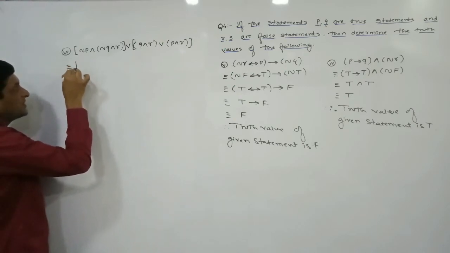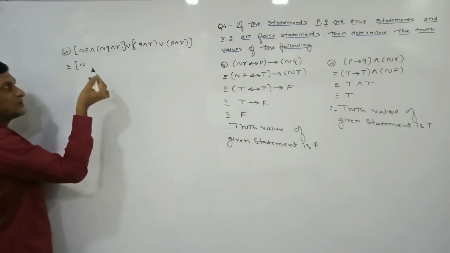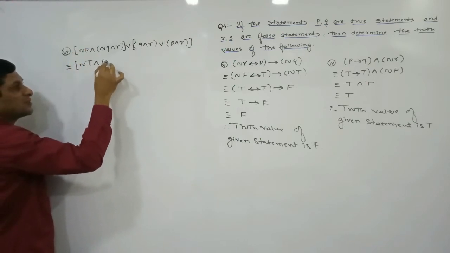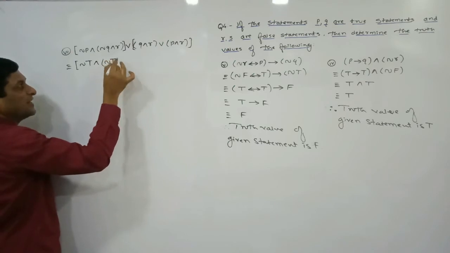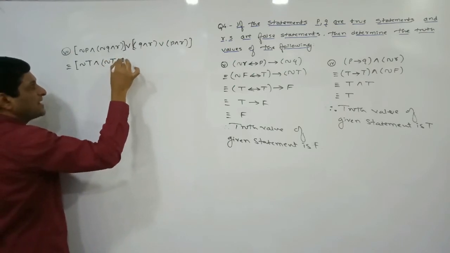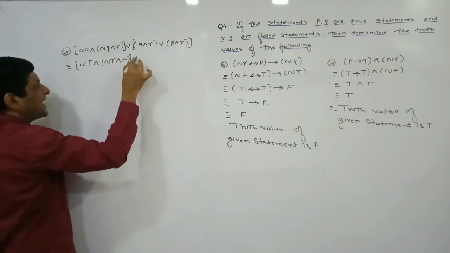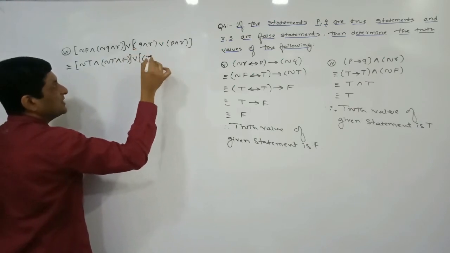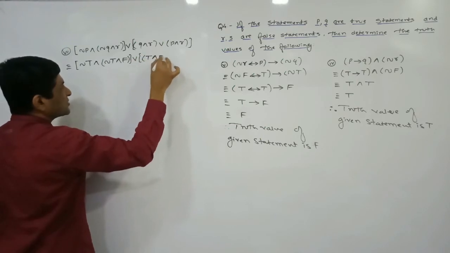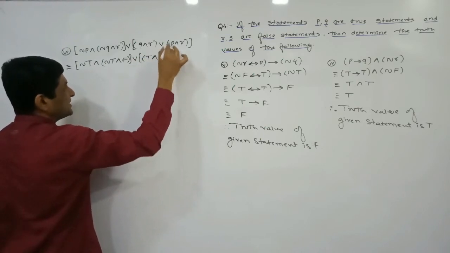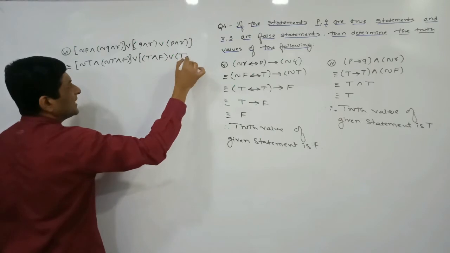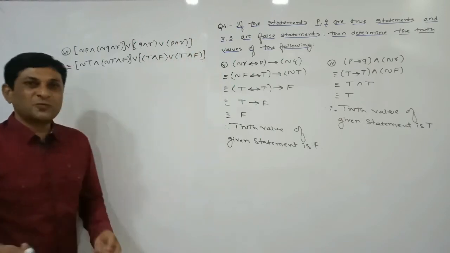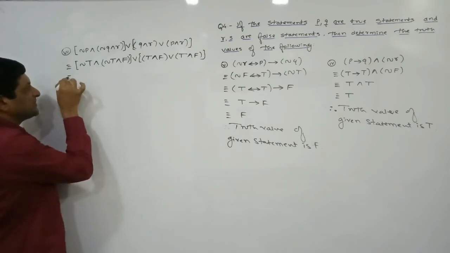Here also we are not disturbing the bracket and even the logical connective, only replace P by its truth value T, and here also negation as it is, Q by its truth value T, and as it is R by its truth value F, or as it is again here Q we are replacing by its truth value T, and as it is R by its truth value false, or as it is P by its truth value true, and R by its truth value what? False. Once the truth values are substituted, remaining part is simplification part.